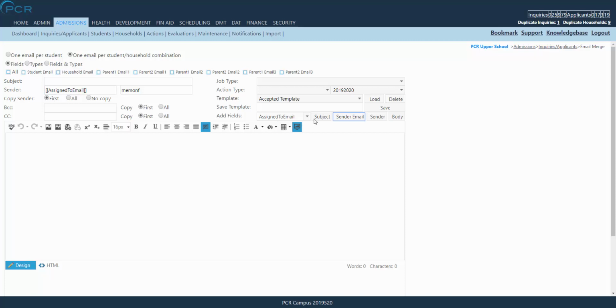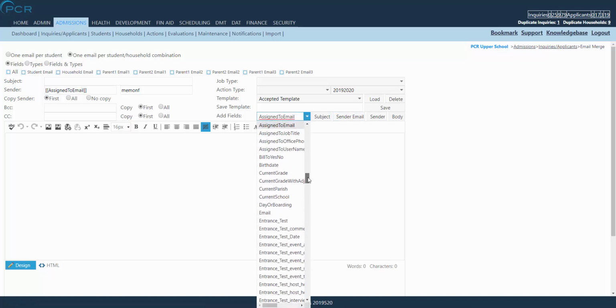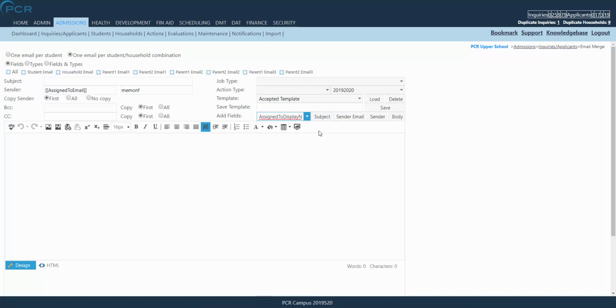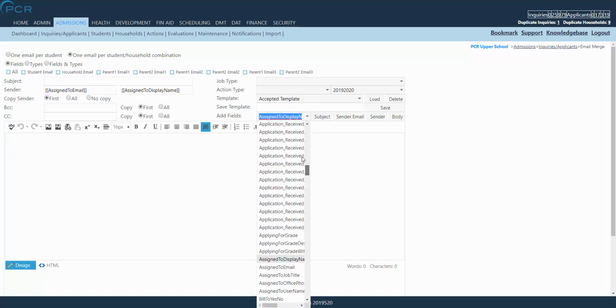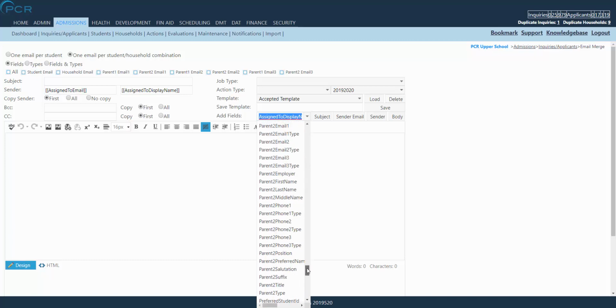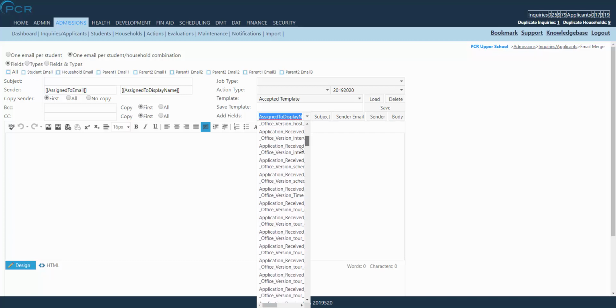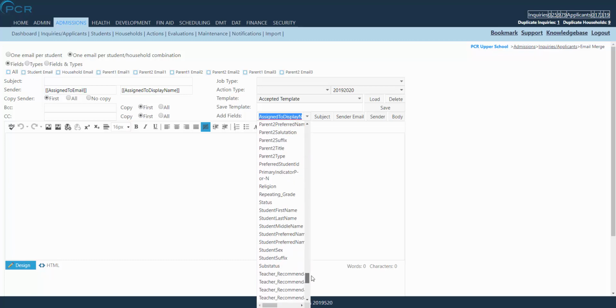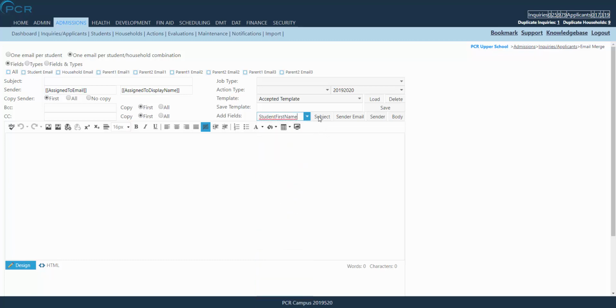So then when the email goes out, it'll go out from the advisor or the agent instead of from your admissions administrator. And similarly, you can say something like assigned to display name, and you can put that in the sender and get rid of whatever you may have. So when the email goes out, it would go out as the advisor or the agent. And then in the subject, you may even want to grab the applicant name or something like that. So if I scroll down and pick student name, and put that in the subject, I may say something like,